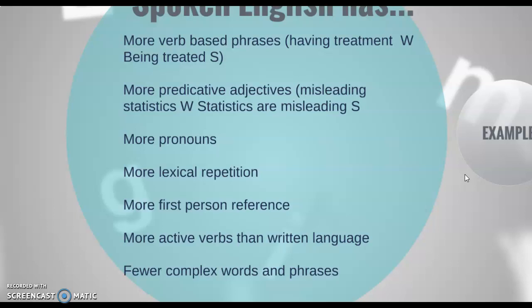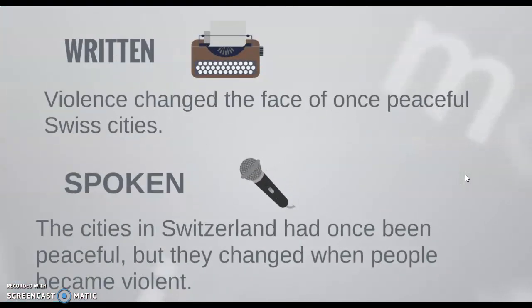But in some cases, the self-reference is not nice. But you will know in the type of presentation of speech that you're going to do. I will tell you, yes? More active verbs than written language, and fewer complex words and phrases. But this is spoken English in general, right? It's not the academic. You use more the I or we, but in the academic field, it depends on the speech.